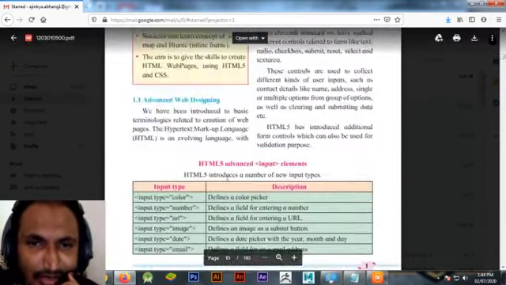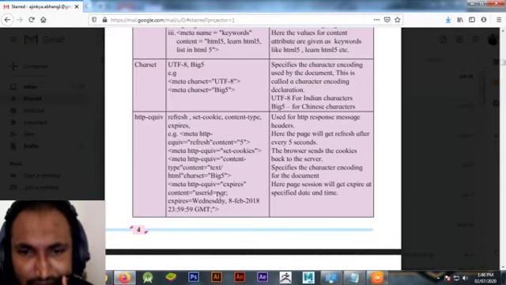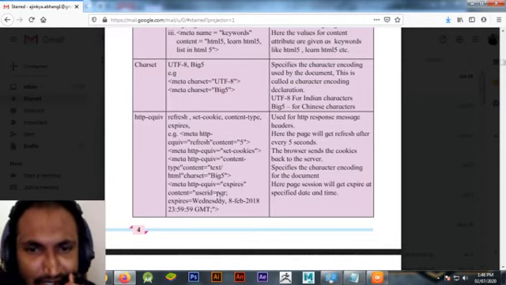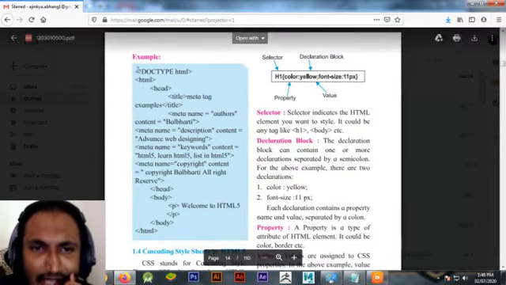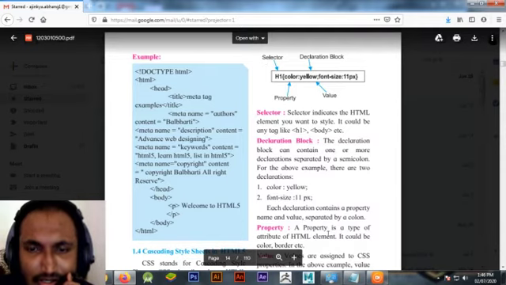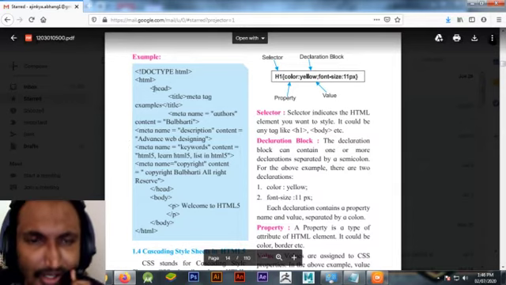See, this is http-equiv. This I will tell you after practically, when we take the practicals, so you can understand it more briefly. Let's see, here they have given us a simple program. Here, only the example of the meta tag is in the blue section.